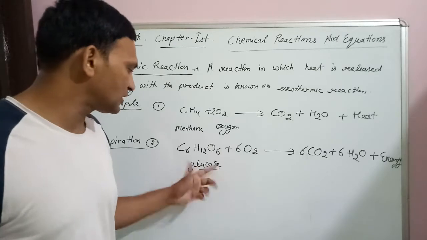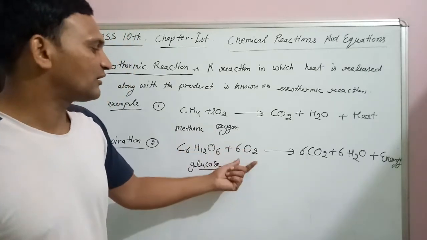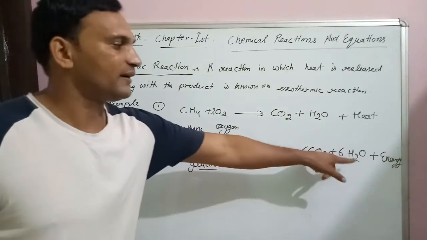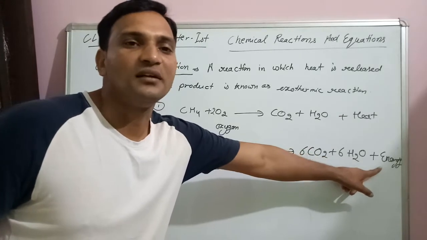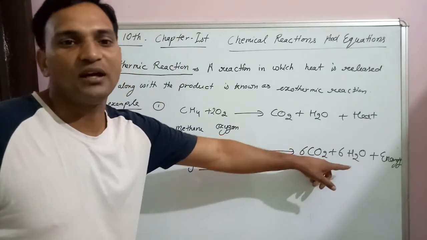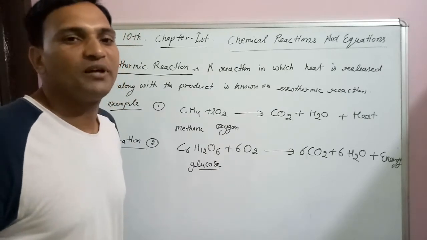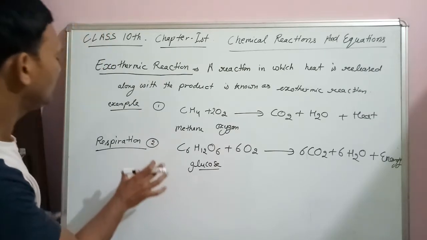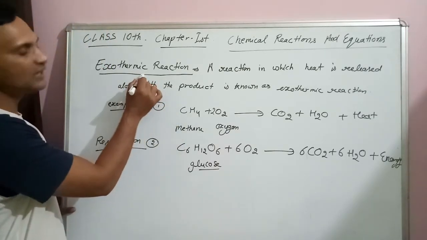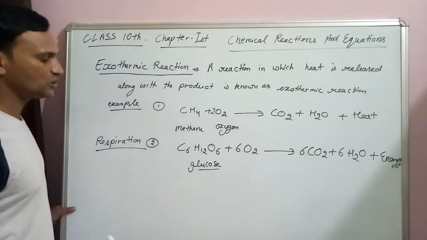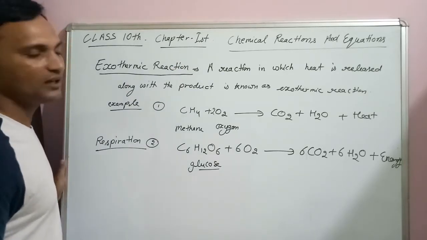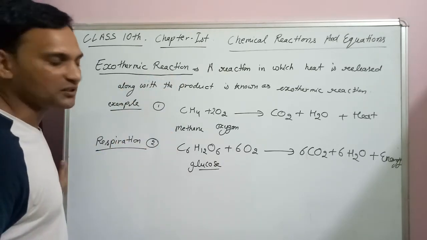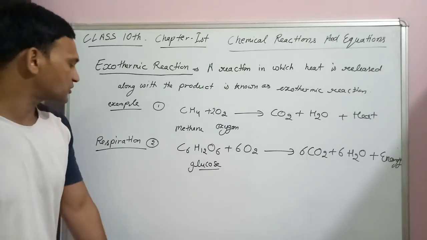So during the respiration process, glucose breaks down with that of oxygen. So oxygen helps to break the glucose molecule into carbon dioxide and water, and energy is released here. And this energy is utilized by our body cells and tissues by performing the different functions. So this is the process of respiration. So the respiration is also an exothermic reaction. This question is asked many times in the examination, why the respiration is known as exothermic reaction. So we can easily describe this question.